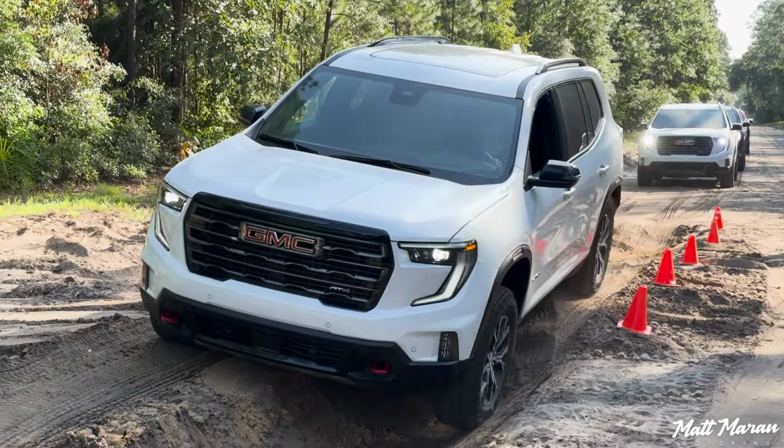It's not going to be able to replace a Wrangler in your garage or anything, but the fact that it's able to do a little more than the average crossover, especially three-row crossovers, I think is a really cool advantage here of the Acadia and these GM products in general that offer these more adventurous trims than most of the others do. The last couple of things to mention are fuel economy and pricing and how it compares to the